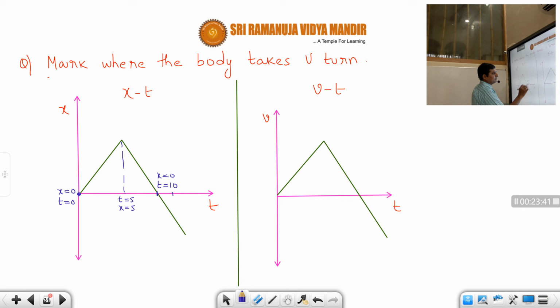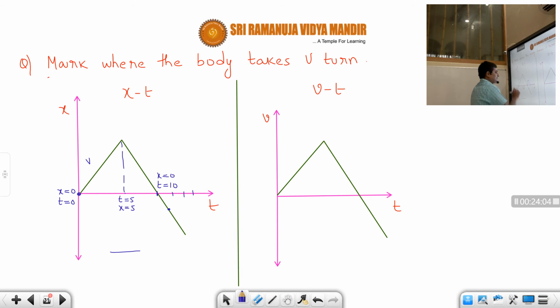Now after t equal to 10 seconds, what is happening, students? The body is going towards the left side because the graph is below the time axis. Correct or not? I hope, students, you are understanding. So now that means during 10 seconds the body's position is increasing. Correct or not? The body's position is increasing like this, like this, like this.